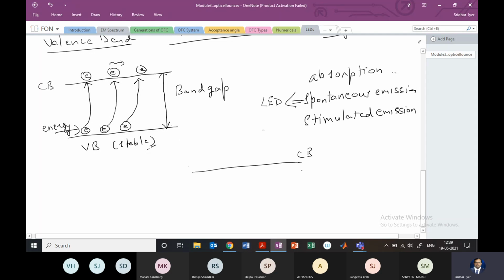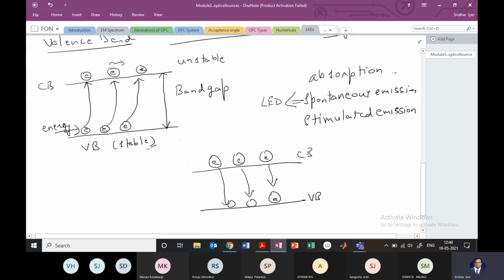So this is the conduction band, and now the electrons have reached the conduction band. Let me draw the electrons here, and now they are conducting. However, this conduction band is unstable for the electrons, and therefore they would definitely want to try and come back to the valence band, right? So what the electrons would want to do is always fall back, right?